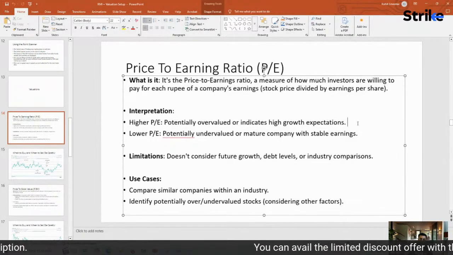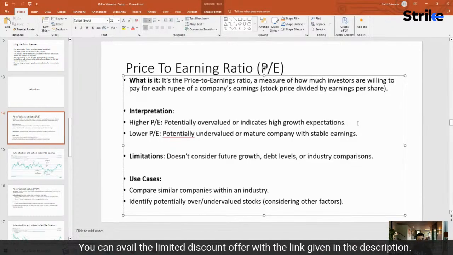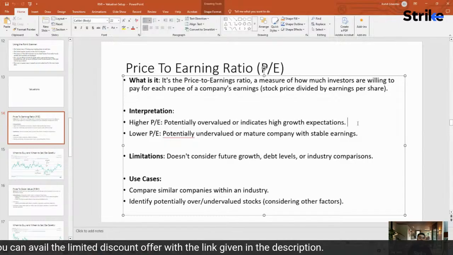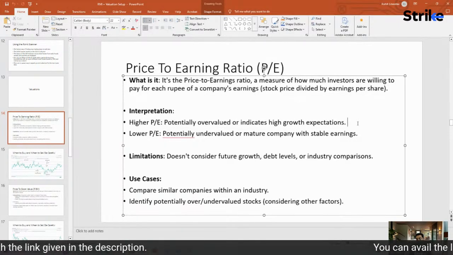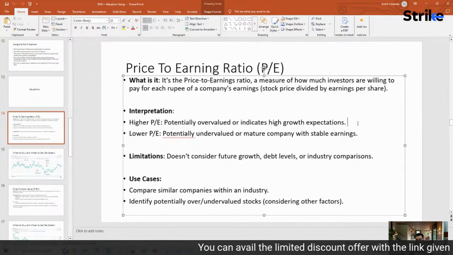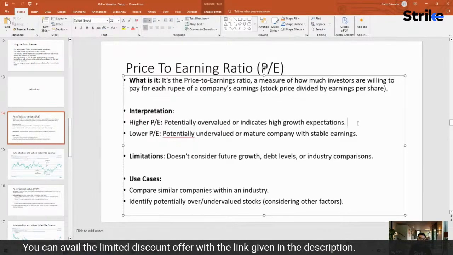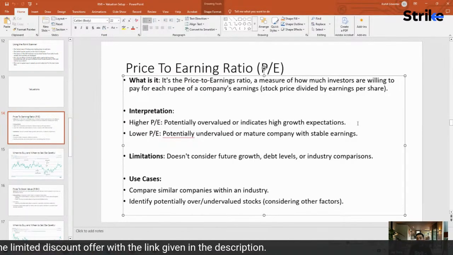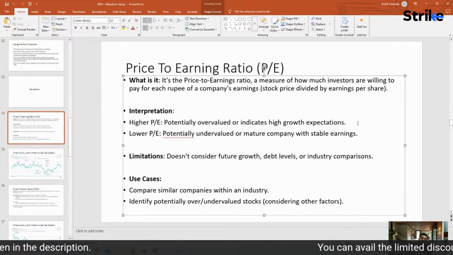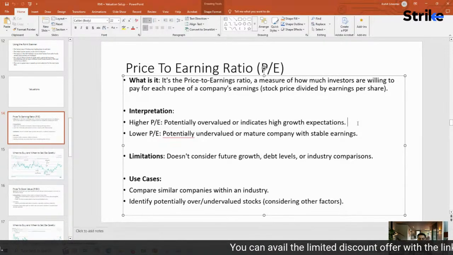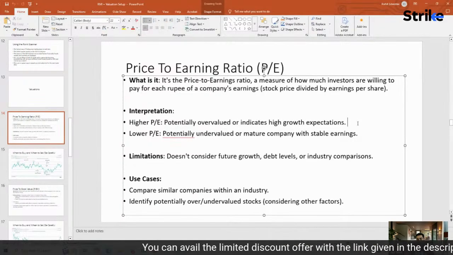Different sectors have different PEs assigned. That is why you cannot say that if PE is below 10 it is cheap, or if it is above 20 it is overvalued. It is not like that. An FMCG company can trade at a PE of 40-50, but something very stable, or say PSU stocks, they trade at a PE of less than 10. That doesn't mean it will go up to a PE of 40, but every stock has its own range of PE that it trades in.